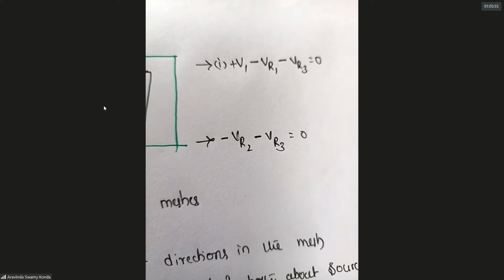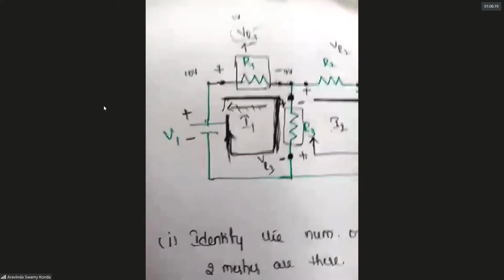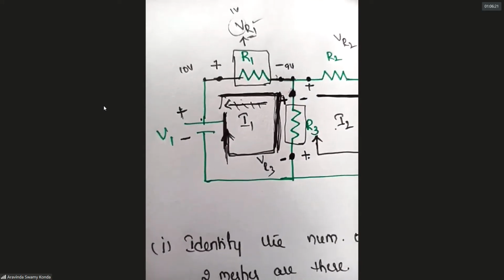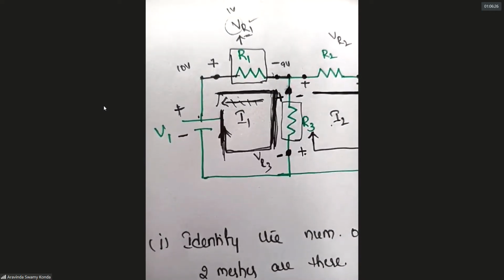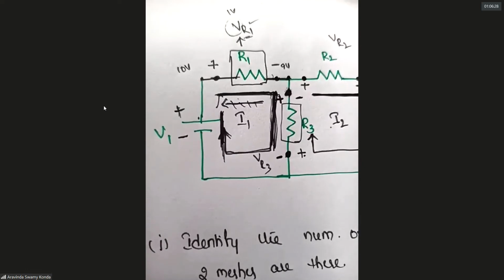Next, what is the use of this mesh analysis? What is the use of this KVL? By using this KVL, Kirchhoff voltage law, I want to find out the response of the circuit. So what is that response? Response for a circuit means it is a current. Why am I saying that response is a current? When you apply some voltage or give some power, when you switch on the supply, the power will flow from the source to the load.